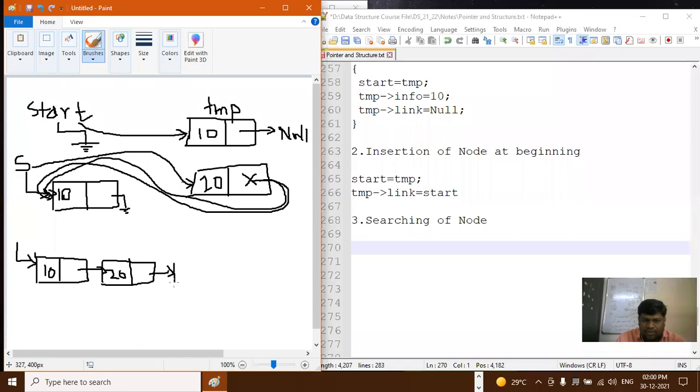After that, pointing to 30. After that 40, and here is the null. Right, and here is our start pointer.